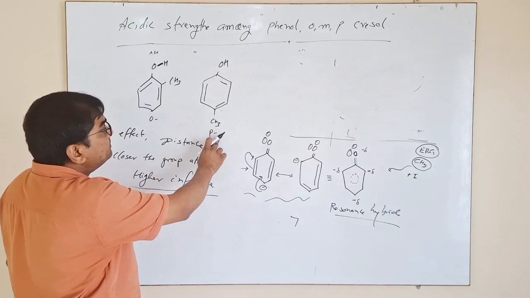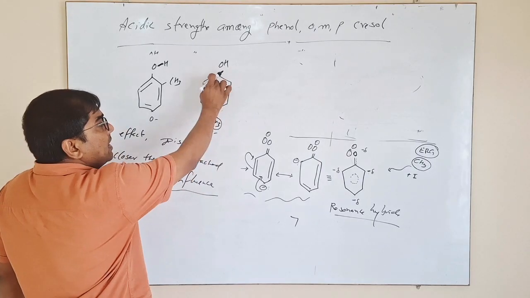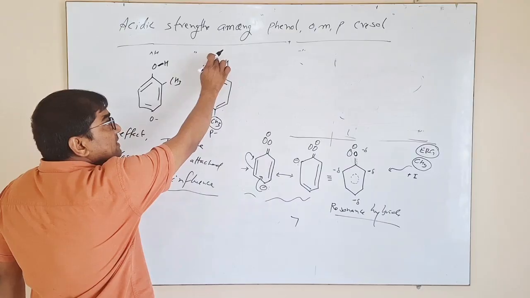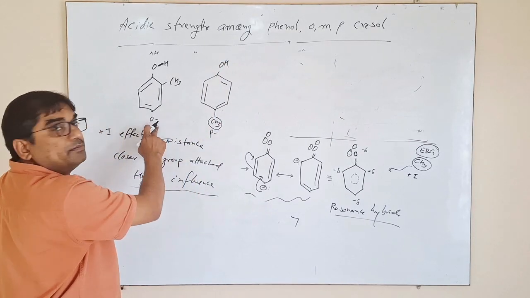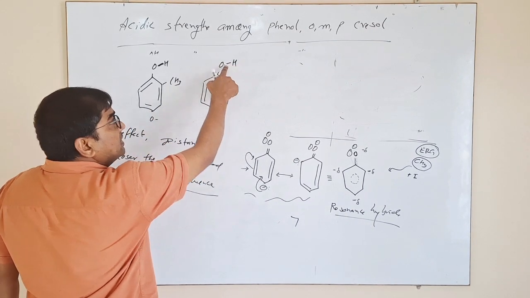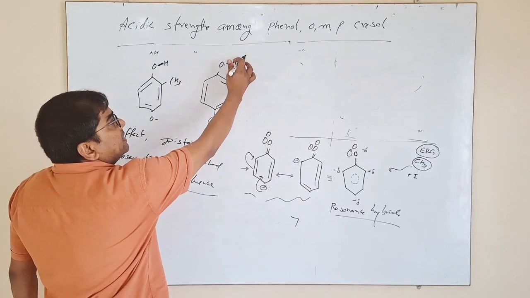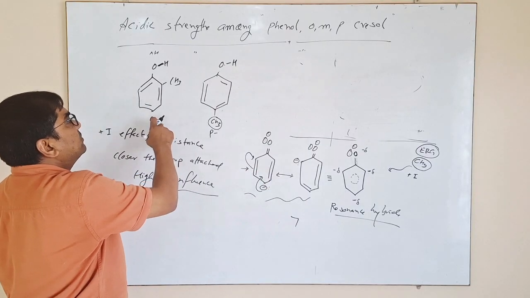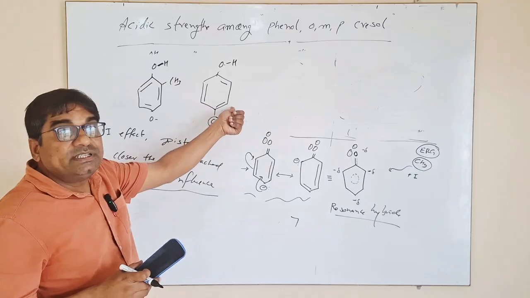While in para, the methyl group is attached opposite to the oxygen, so less electron density is present at oxygen in para as compared to ortho, due to which this OH bond will be a little weaker as compared to orthocresol, and it releases proton more quickly as compared to orthocresol. So the acidic strength of paracresol will be higher